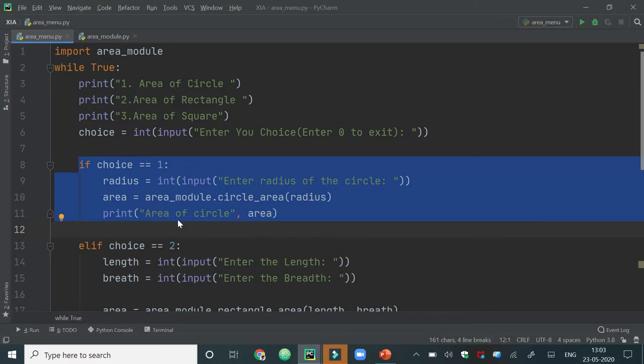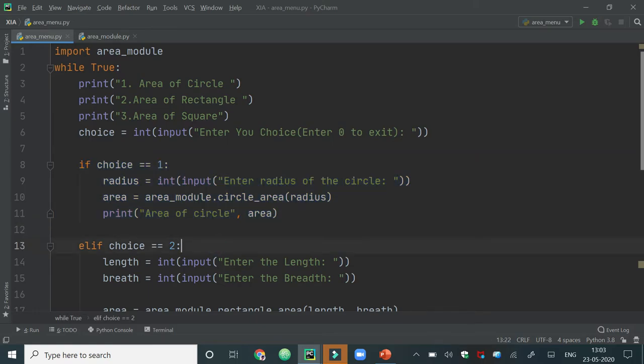So I need to call circle area from the area module, and to call the circle area function of the area module, I need to write the name of the module, which is area module here, then the dot operator, and then the name of the function and the necessary argument which is required by the function to perform its task. So this is the statement where we are calling the function from the particular module.